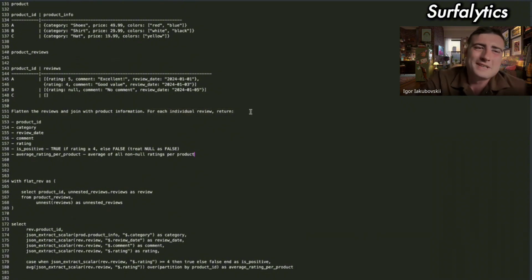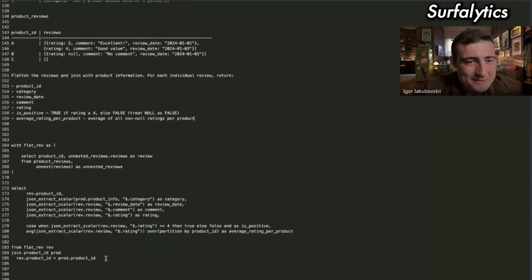I don't remember what it will do in this case when review is an empty array. Will it be null or just skip product C?